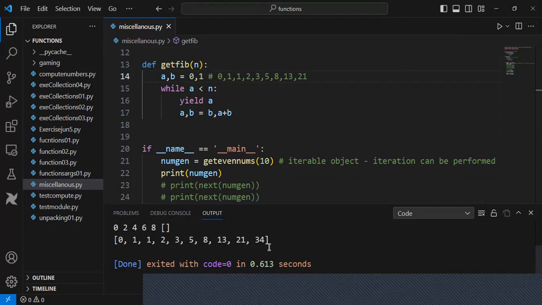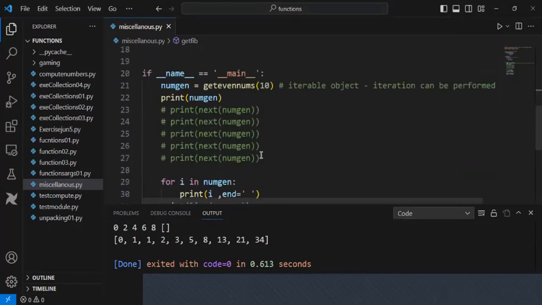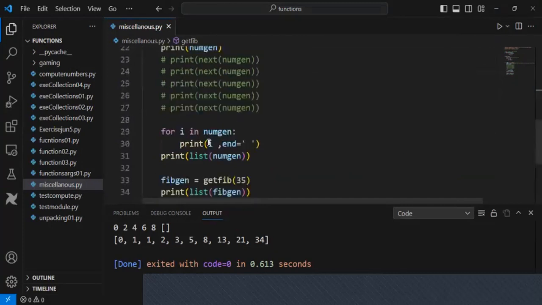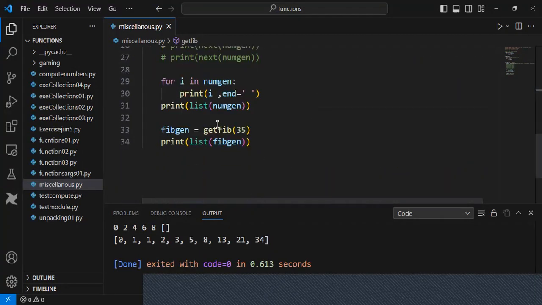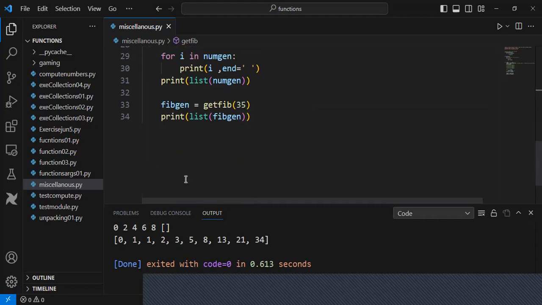Okay, so this is what I did. So we are calling this, and I got the generator. So what did we do here? Within the while loop, we said a is less than n, and yield of a, and a, b = b, a + b, right? So we have this, and it generates as we expected the values 0, 1, 1, 2, 3, 5, 8,